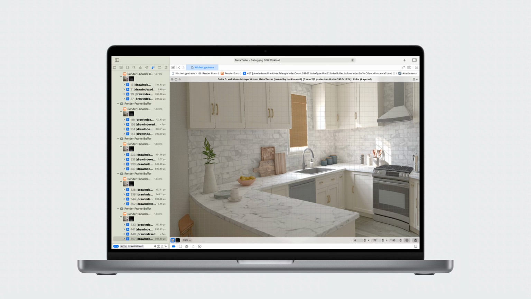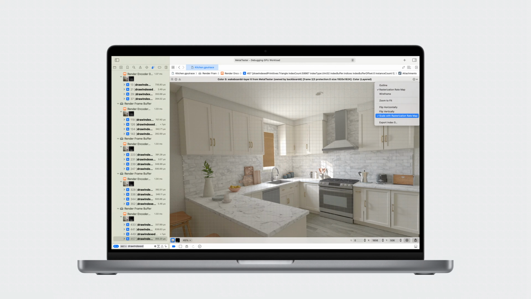A great way to visualize how foveation affects your rendering pipeline is using Xcode's Metal Debugger. With Metal Debugger, you can inspect the target textures and rasterization rate maps being used in the render pipeline. This capture shows the contents of the texture without scaling for the rasterization rate map. You can notice the different sample rates by focusing on the regions of the texture that are more compressed. With the attachment viewer options in Metal Debugger, you can scale the image to visualize the final result that the display will show.